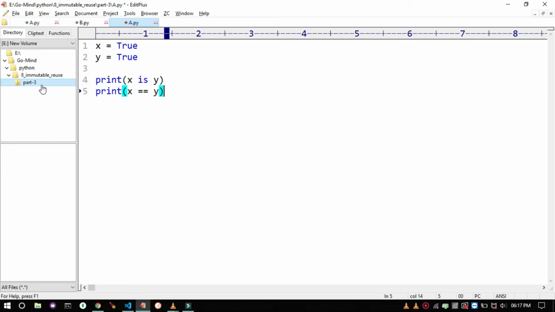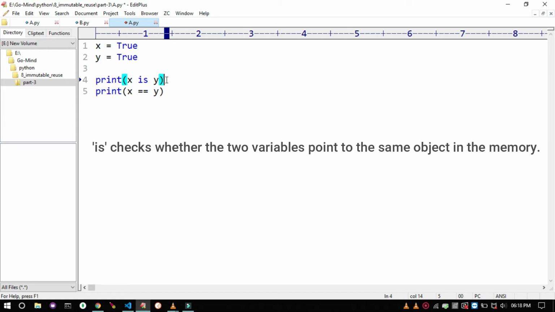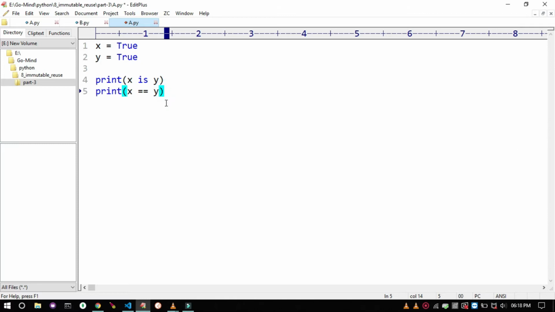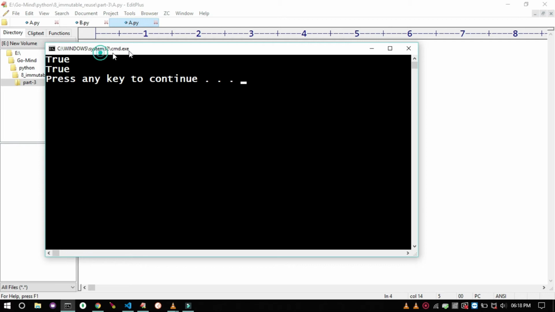Okay, so this is the equality operator and it compares the value of two objects. So there is a difference between is and the equality operator. Is checks whether two variables point to the same object in the memory, and the equality operator compares the value of the two objects. Okay, the Boolean data is also immutable, so the is test should return true, and the value of the two objects is equal, so the equality operator should also return true. So let's see. Running A.py. True. Okay,